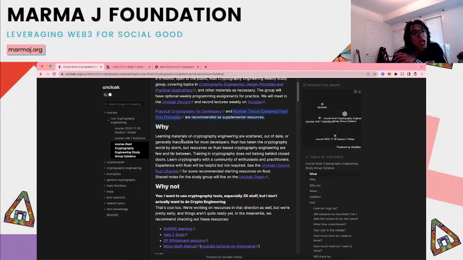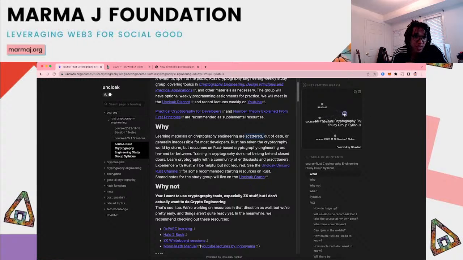So why? Learning materials can be scattered, out of date, inaccessible. Rust is also a new language, and it's definitely being used prolifically in the cryptography ecosystem. And so specifically, the problem we're trying to solve is to make sure there are more resources available for Rust-based cryptography developers or engineers. There's a Rust channel specifically in the Discord, and the notes are now being shared on the